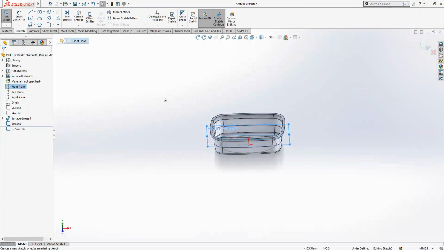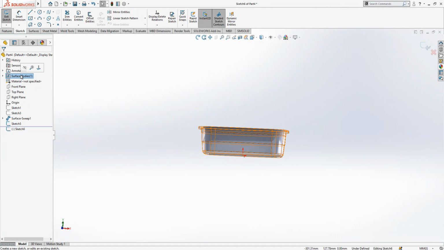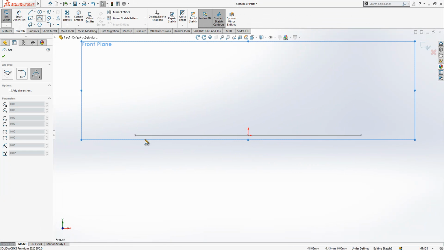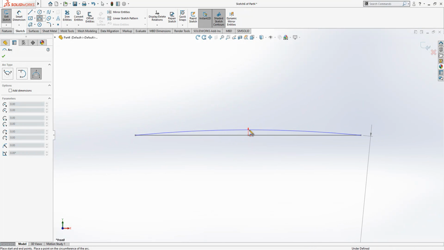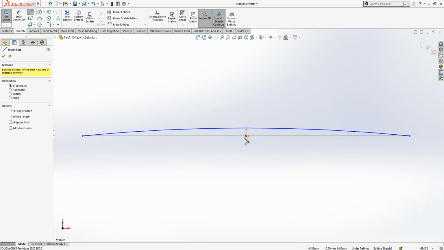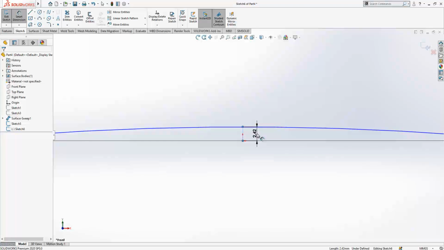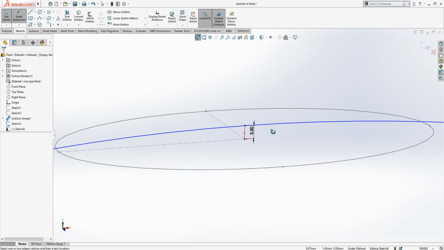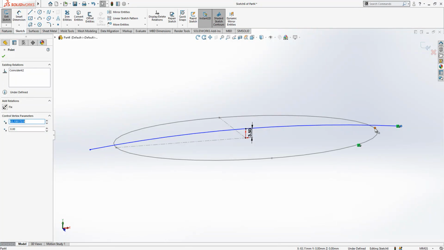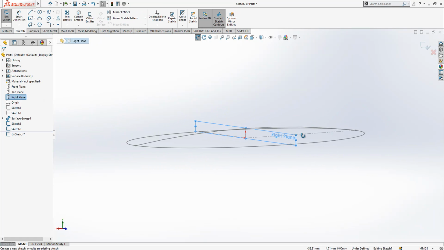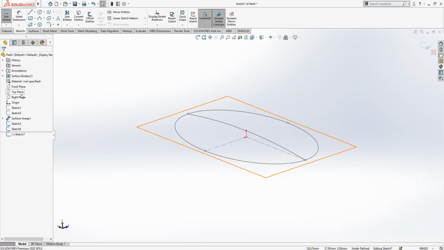On the front plane, I'm going to create one sketch and hide my sketch surface body. And after, I will create here one arc and combine my tip point. I want to have a value of 3.5. And as you see, it is not constrained, and I select this point and this point, Control is pressed, and it is fully defined. And now on the right plane, I'm going to create another sketch